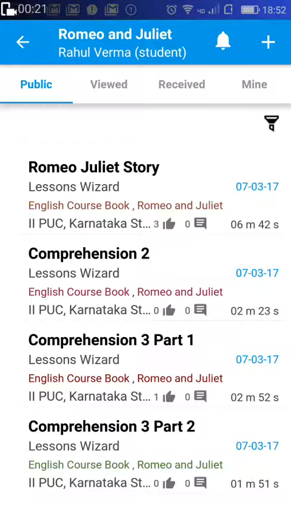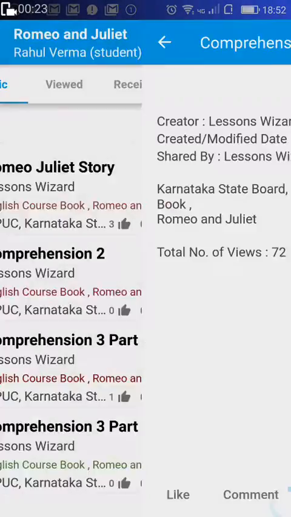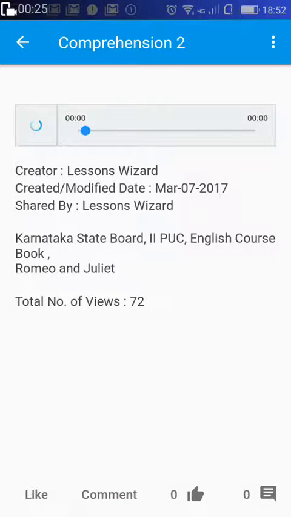So let me now tap on this particular lesson. This is an English lesson. Now, as you can see, one circle is going around. That means an audio file is loading. And in this lesson, all you have is an audio file. This audio explains a small portion of the chapter which is in your textbook. So you should read from your textbook while listening to this explanation. The visual input is the textbook.